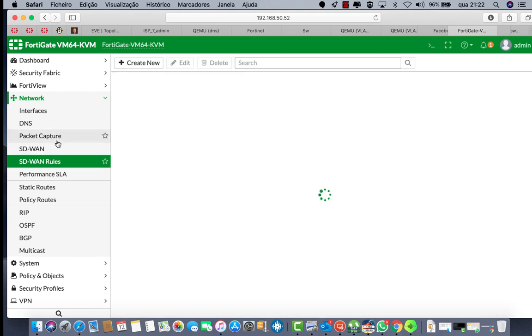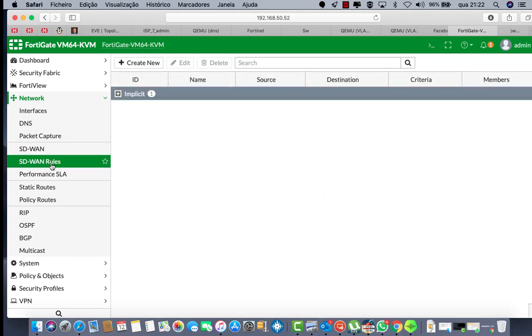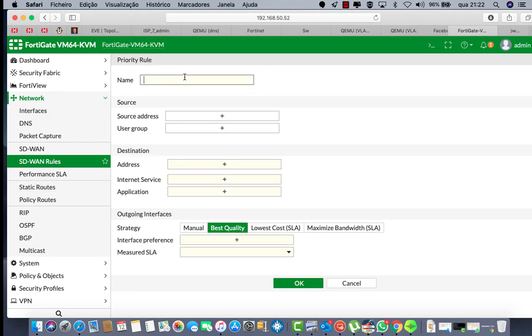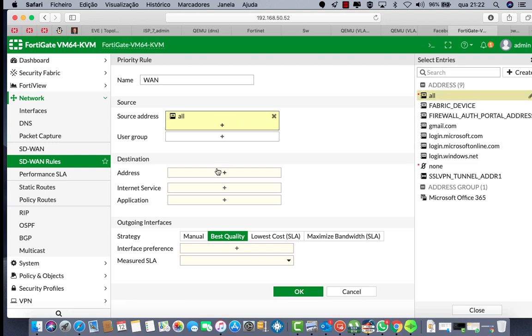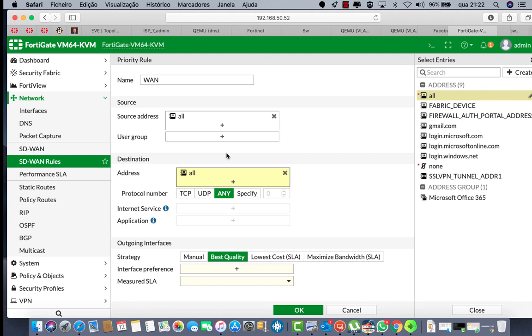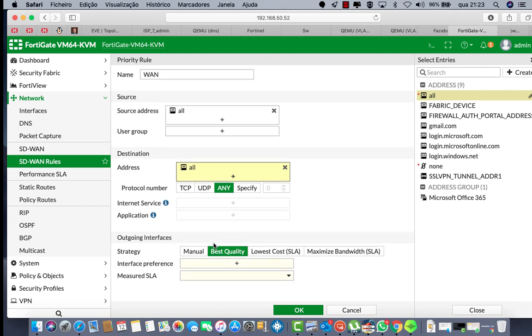Let's come here on SD-WAN rule. Let's create here an SD-WAN rule. Incoming interface should be all. I will let all. I will not specify a group. I will let all too. And